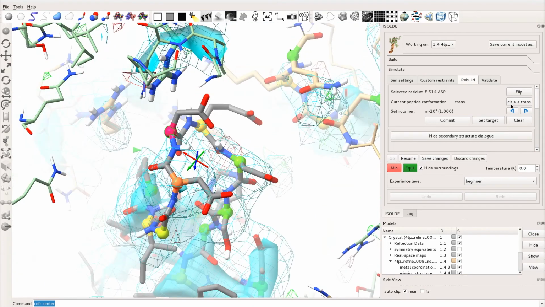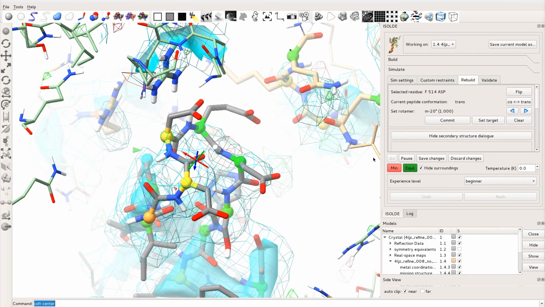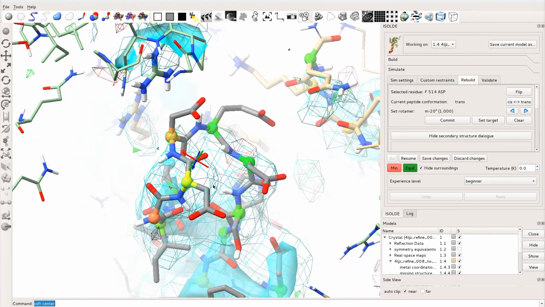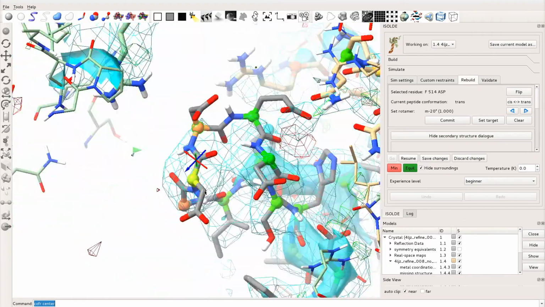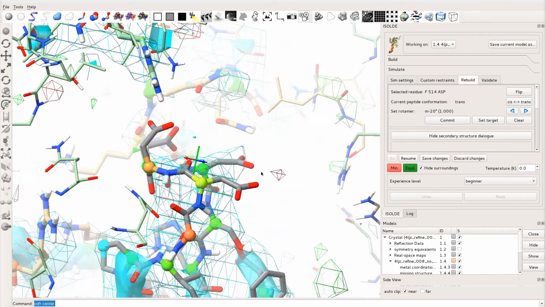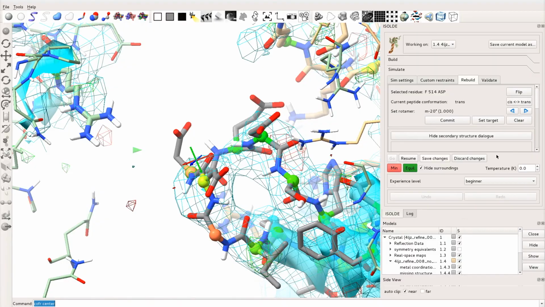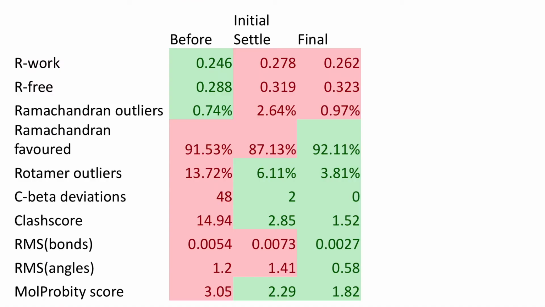The loop is clearly still not perfect, but at least there are no more bad Ramachandran outliers, and the fit to density is reasonable. Of course, one must always keep in mind that density like this is the result of an ensemble of states from what is clearly a flexible loop, so no single natural conformation can give a perfect fit. After working through the remaining outliers on the Ramachandran plot and performing a final refinement in Phoenix, here are